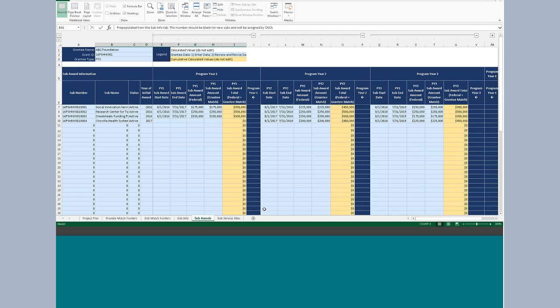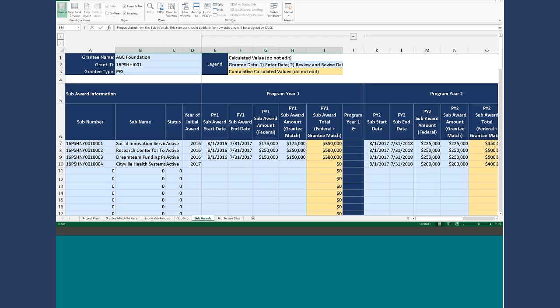Okay. And then I'll talk a little bit about sub-awards, and then I'll pause for questions here. All right. And so on the sub-awards tab, it pulls over information from your sub-info tab. So it pulls over the sub-name, sub-number, and status. And then we just ask that you put the year of the initial award, which should correspond to their start